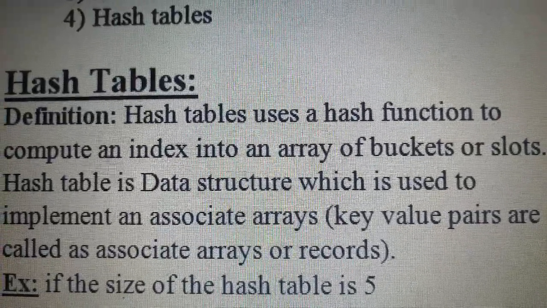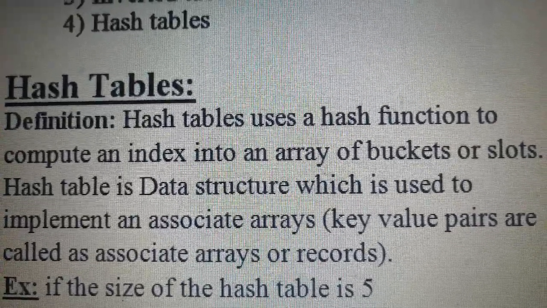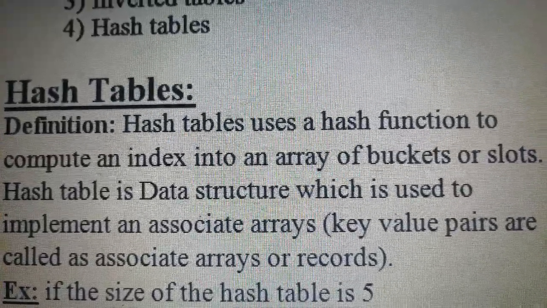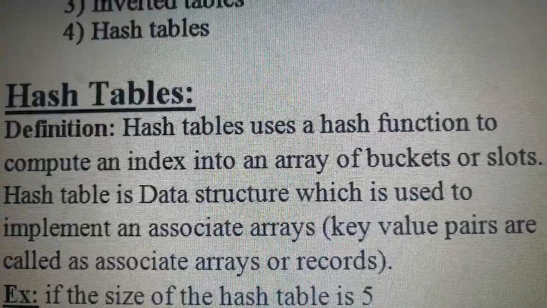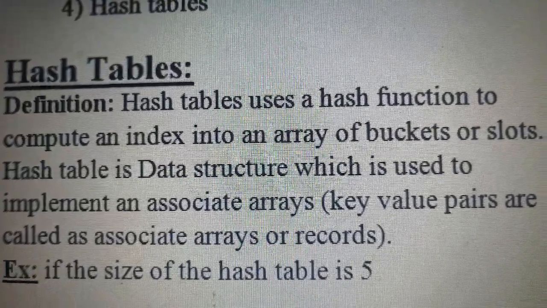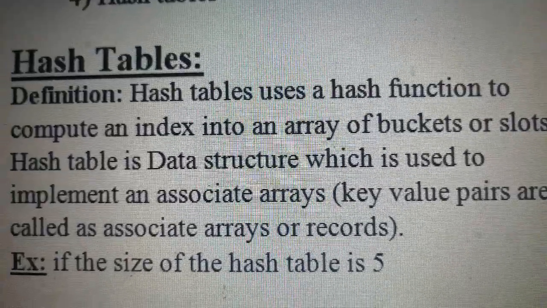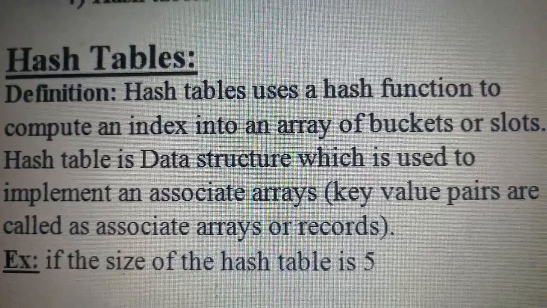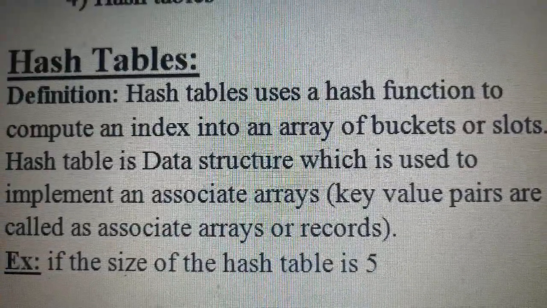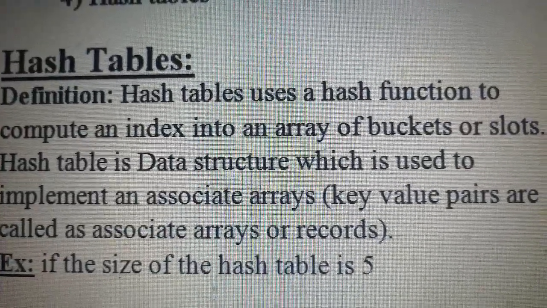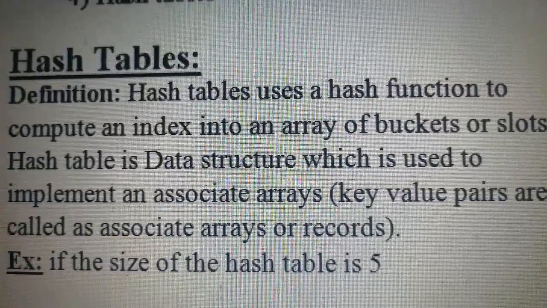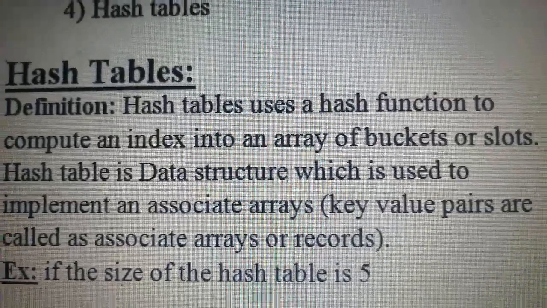So far, we have been storing the values in a table with matrix notation: a of 0 equals some value, a of 1 equals some value, a of 2 equals some value, a of 3 equals some value. Like this, we have been using numeric values as the indexes. But when we move to large volumes of data, it is not possible to hold them with arrays.